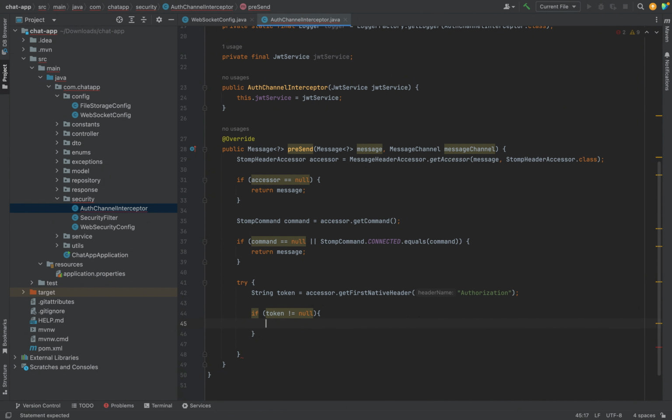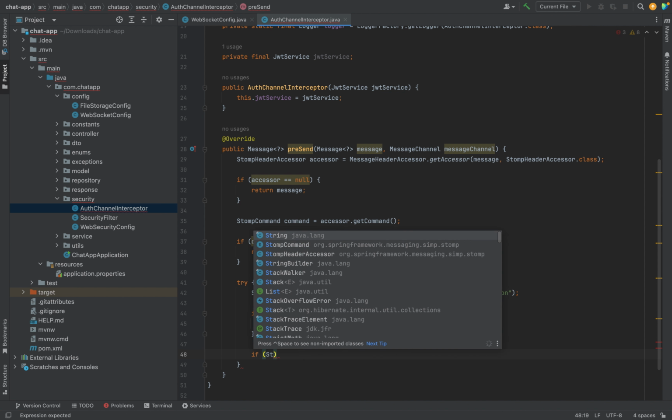All right, so we want to say logger.info, "Authorization token is present." Let's just log the token. All right, so that's it. So let's proceed. We are now going to say if STOMP command